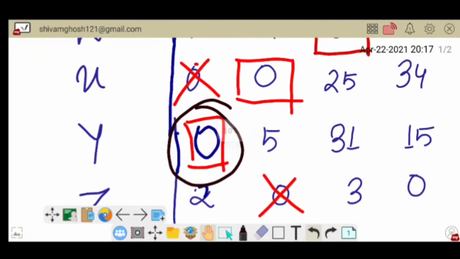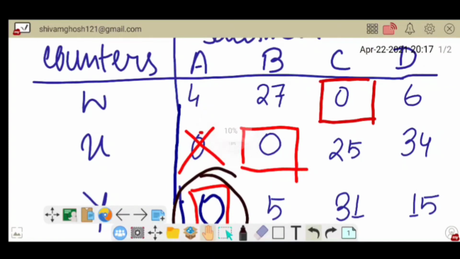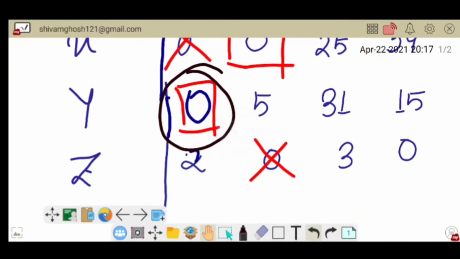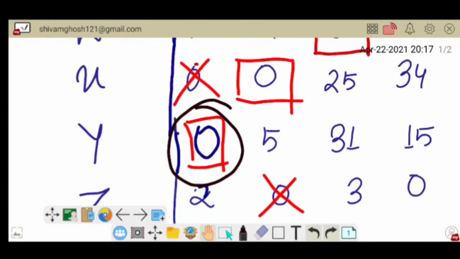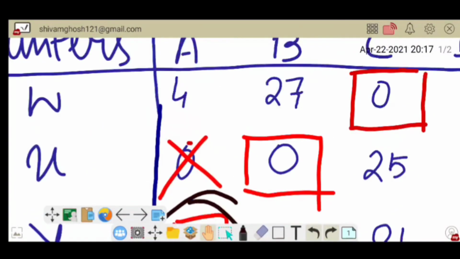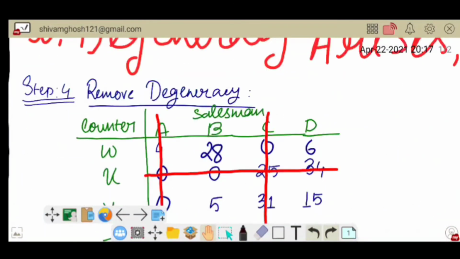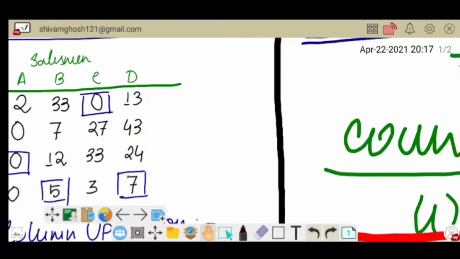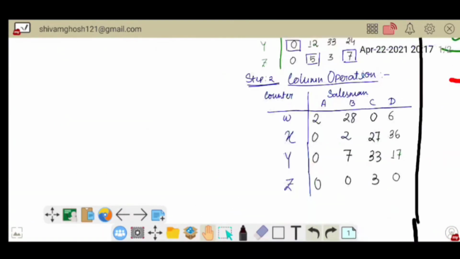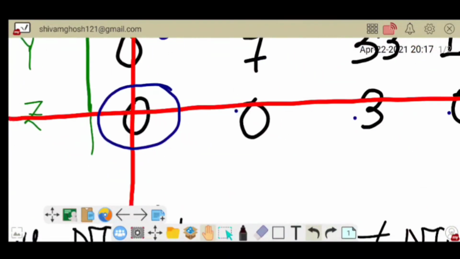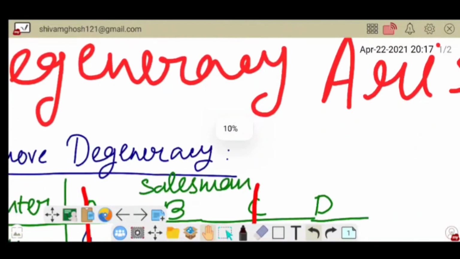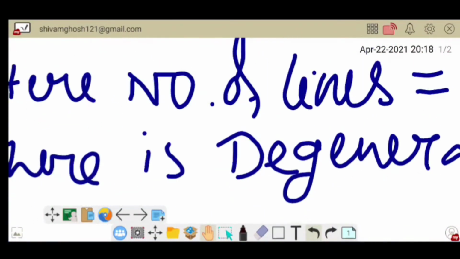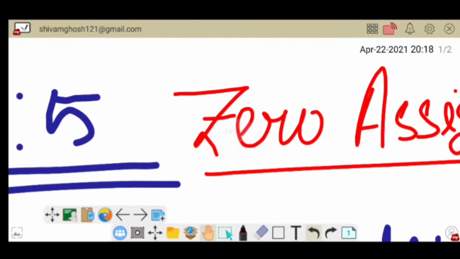So here it is. If we select that 0, here guys, just a minute.